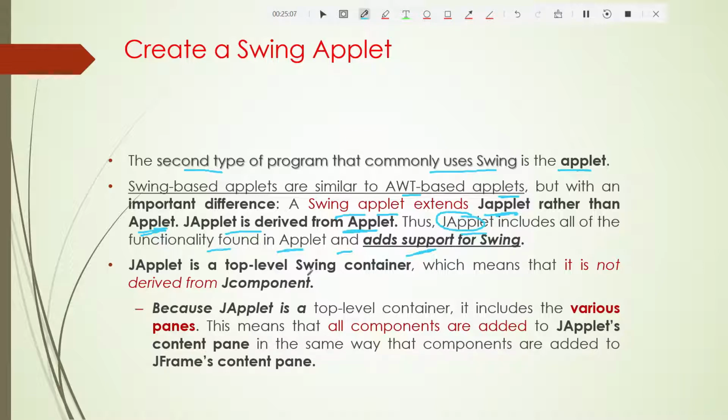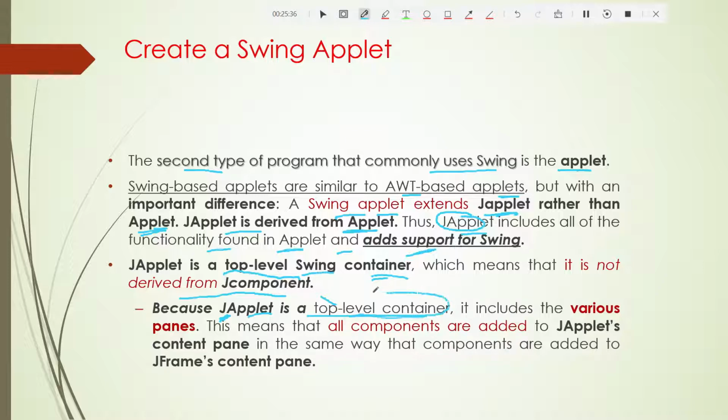JApplet is a top level Swing container, which means that it is not derived from JComponent, because JApplet is a top level container. I told you students, these top level containers are not derived from JComponent. Buttons and all these are components derived from JComponent, but JApplet is not derived from JComponent, because it is a top level container.